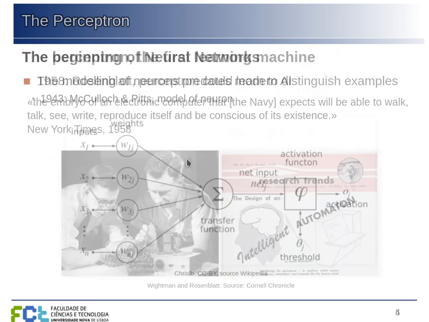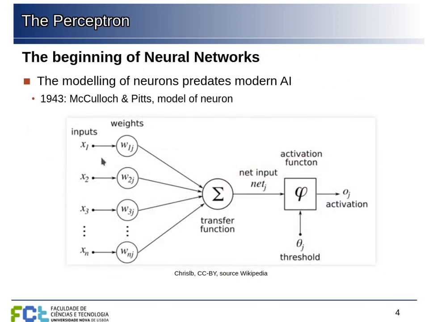So basically, if we go back here to the scheme, we input a vector of features that describe some example. We compute the weighted sum of these values, and we decide if the perceptron fires or not based on the total of this weighted sum. And then we compare the output of the perceptron with the actual class.